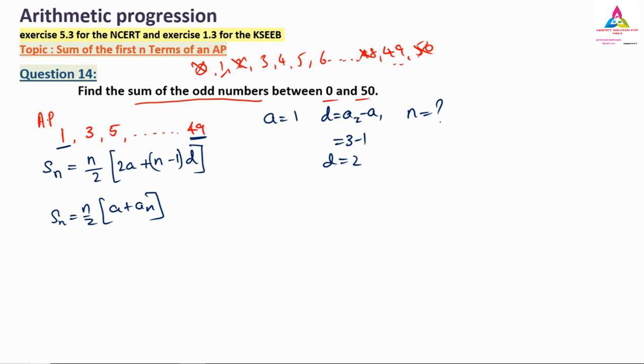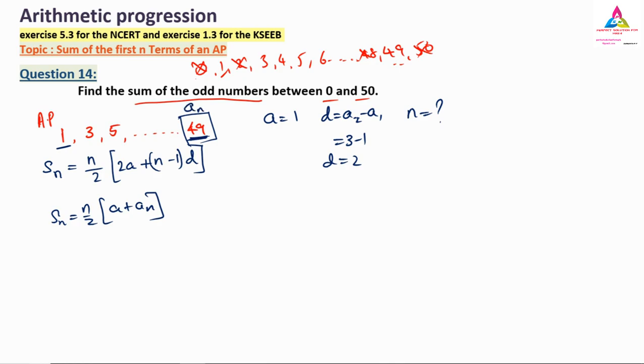But how will you write it down now? Because in an exam, if the question is asked, you can't directly say that n is equal to 25. You have to show how it came, you have to solve it. That is the thing we have to do now. To solve that, we need the n value. So what we will do, the last term is very important. That 49 is very important. We will take that 49. The last term means what? We have to take it as what?